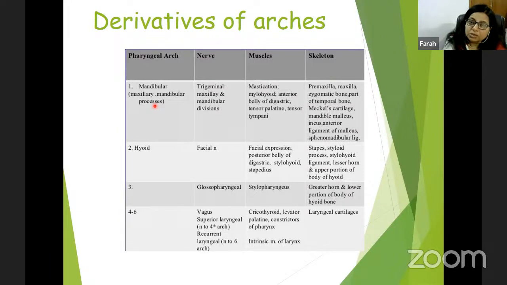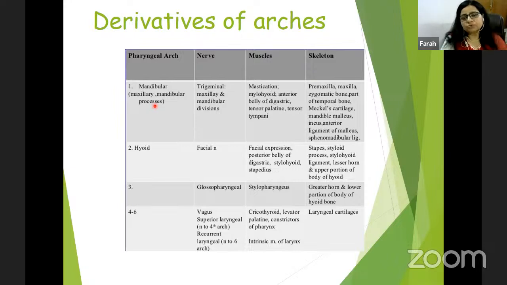along with the lesser horn, or you can say the smaller horn of hyoid, along with the superior portion of the body of hyoid। तो हम सब चीज याद कर सकते हैं एस से। दो आर्चेस तो कम से कम हमें याद ही रहेंगे कि मैंडिबुलर एम से है और मैंडिबल से ही रिलेटेड सारा कुछ है फर्स्ट आर्च में, सेकेंड आर्च में हायर्ड से सब कुछ रिलेटेड है, प्लस स्टेपीज बोन से है।